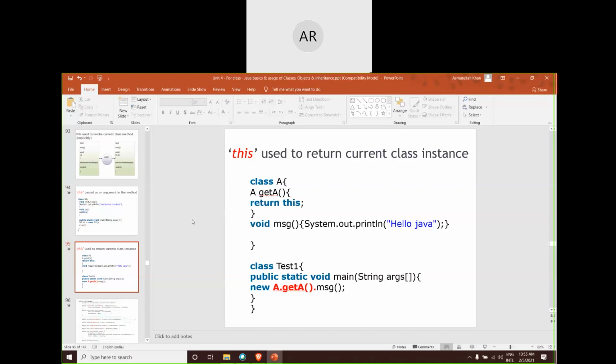So this line of code is meant for demonstrating how we make a call to the msg function without actually creating an object of the A class, without using the line A O1 equal to new A of. Without using that line, if I want to make a call to the message function, then this particular line is to be used. This program will help. So this is another competitive exam question for you. That's why I kept it.